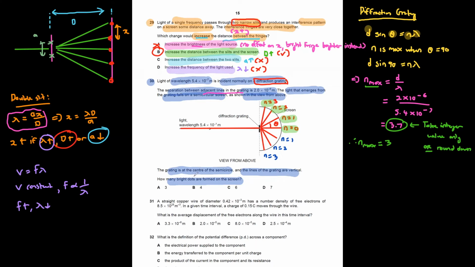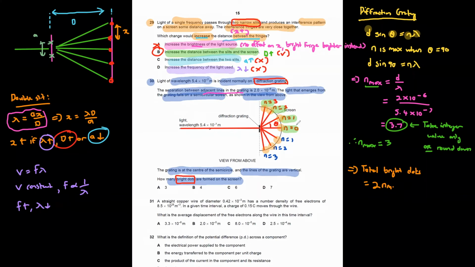Instead, they're asking how many bright dots are formed on the screen, meaning how many bright dots you can see throughout the screen. So to find the total bright dots, it is generally 2 n max